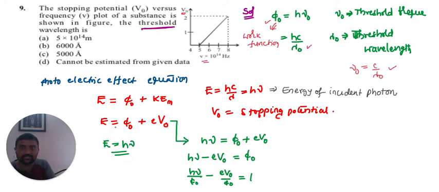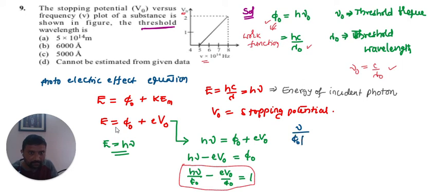Once we observe this equation, h nu by phi naught minus eV naught by phi naught equals 1. Now I am rewriting this equation: nu by phi naught by h plus V naught by minus phi naught by e equals 1. This is exactly in the same manner as the equation x by a plus y by